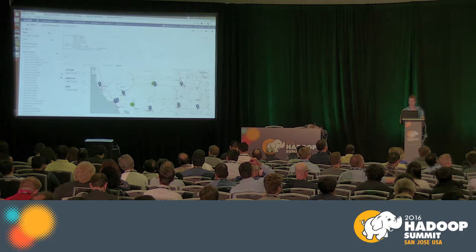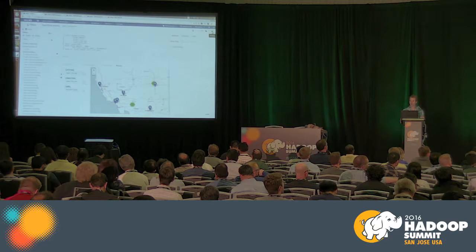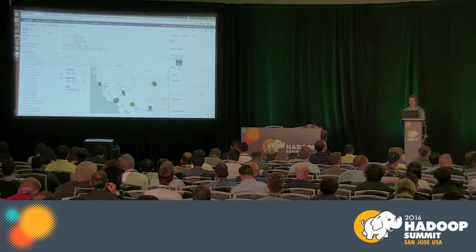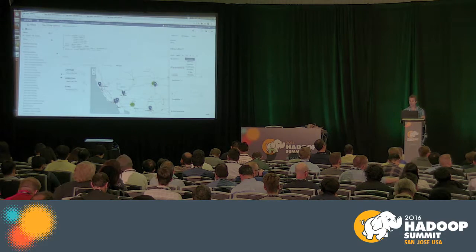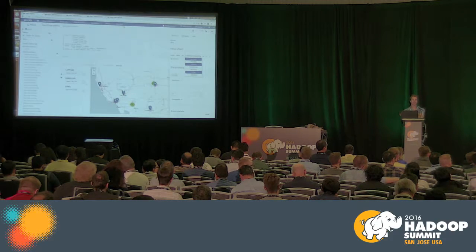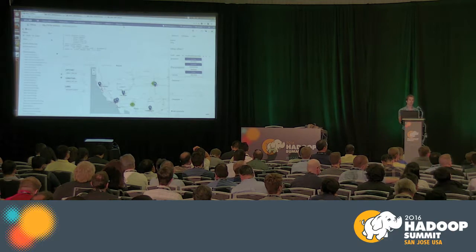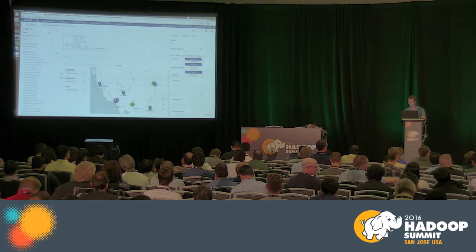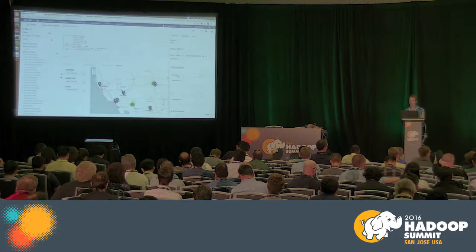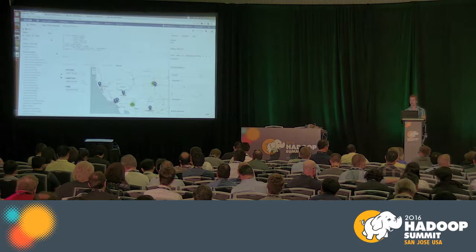In the latest versions, if I want to schedule this query every day, I can just directly go in the new right panel and select if I want to run it every day of the week, on Sunday or Tuesday or Friday. Basically, we are integrating the coordinator editor directly into the editor. And this, same as before, we are picking up all the variables of your script so that you don't need to know anything about Oozie.